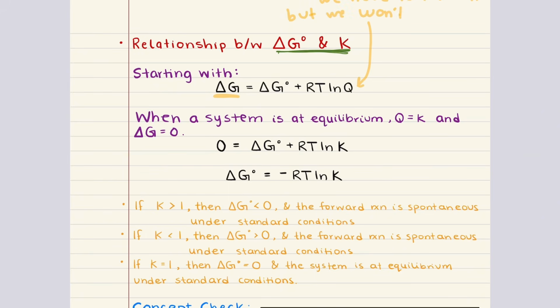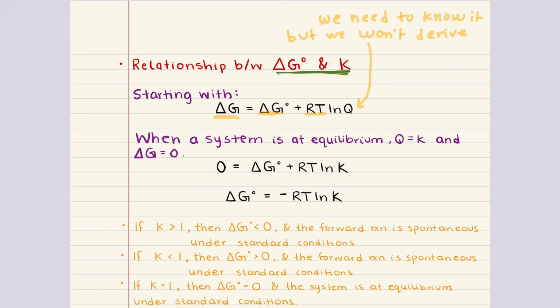Here, delta G is the free energy under any conditions. Delta G naught is the standard free energy change. R is the gas constant. T is the temperature in Kelvin. And Q is the reaction quotient. Now, at equilibrium,